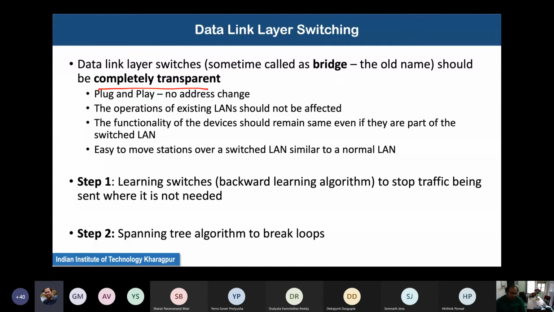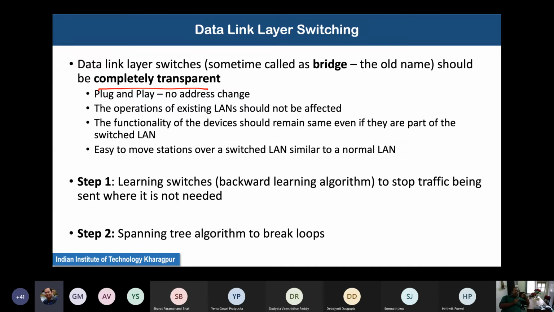You see that in a particular switch there are multiple different ports. Typically a switch comes with 24 ports or 48 ports. So it might happen that at an instance of time I only connect 12 devices with that switch, and the remaining ports remain empty. Now, when we connect a new device to a switch, it should not affect the operation of the other machines which are already connected to the switch. Then the requirement is that the functionality of the devices should remain the same, even if they are part of the switch LAN. That means even if the devices are connected in two different switches in two different LANs, their functionality should remain the same.